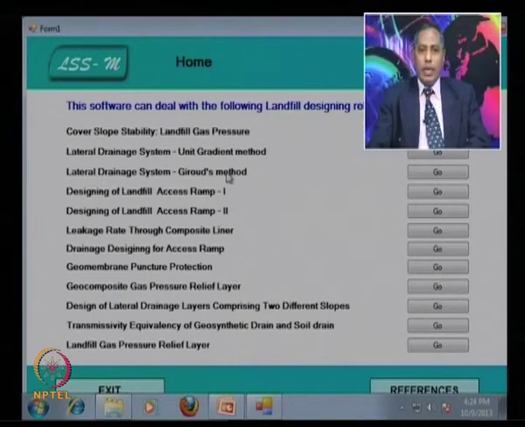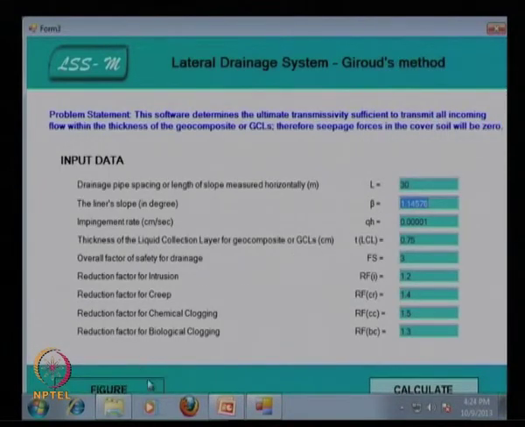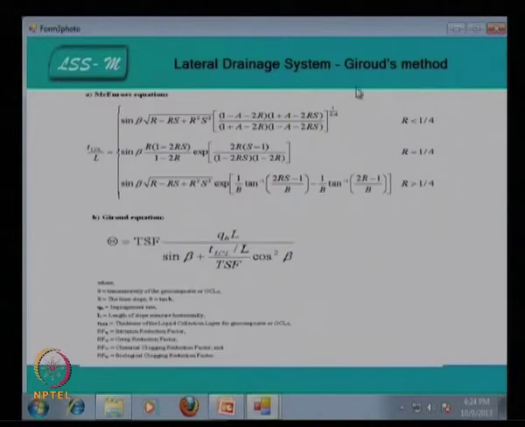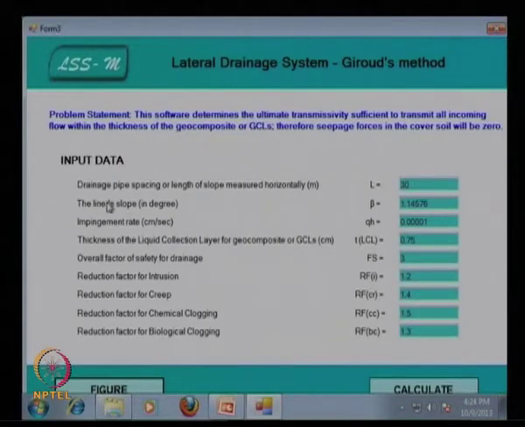Next, the lateral drainage system by the Giroud method. This is also the lateral drainage system for the Giroud method. This is the equation that has been used in this program, and this is the drainage pipe. The spacing length, measured horizontally, L is equal to 30 meter, the liner slope angle beta is equal to 1.345 degree, and this is the impinging rate, Q I, in centimeter per second, which is